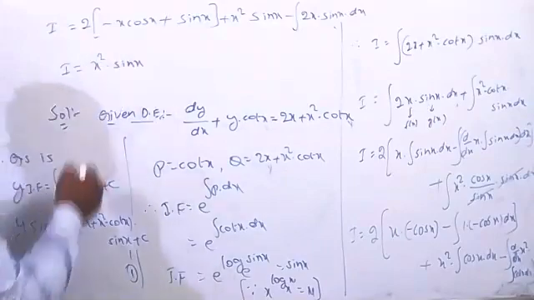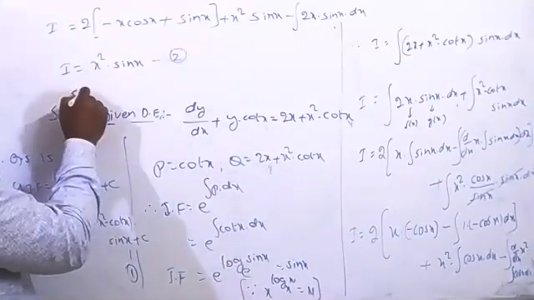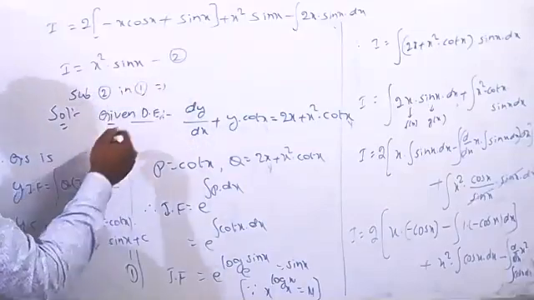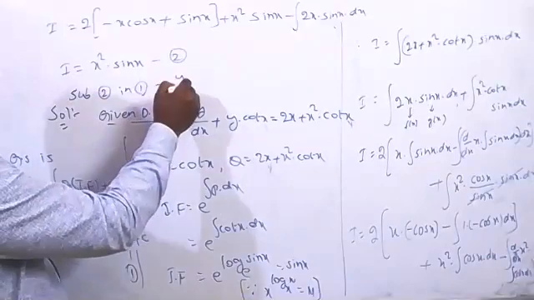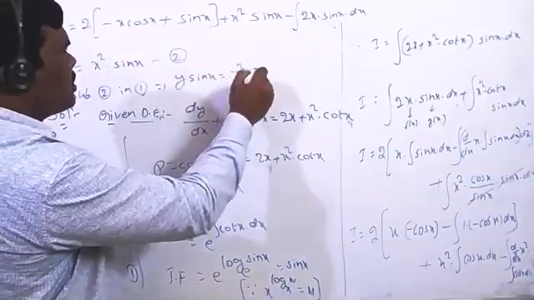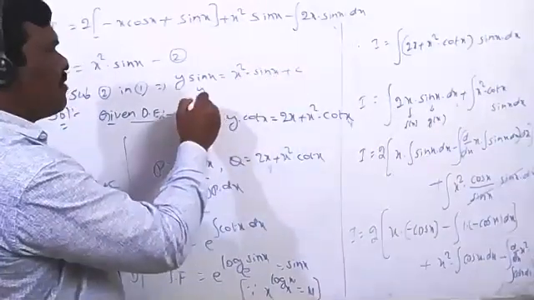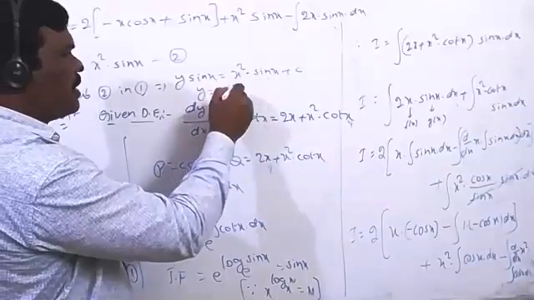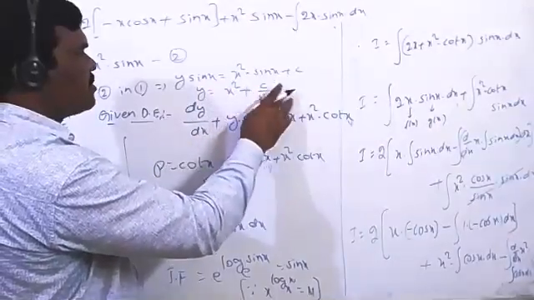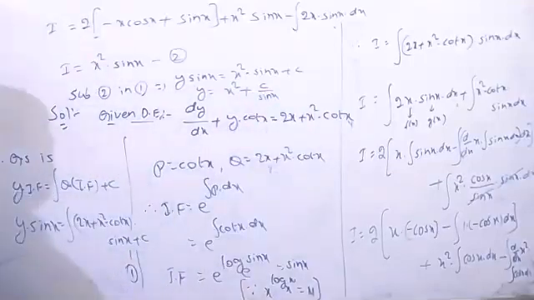Now this I value you can substitute in this equation number 2, you can take here now. So substitute 2 in first equation. So y into integration factor. So y into sin x is equal to, clearly we got now x square into sin x plus c. So the value of y equal to this one right this side now. Clearly we will get x square plus c by sin x. This will be called the general solution.